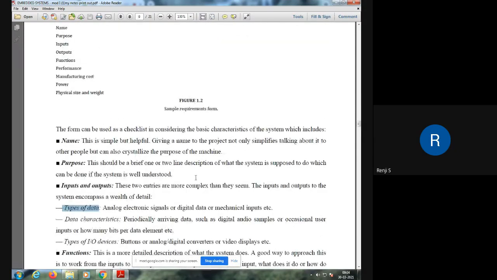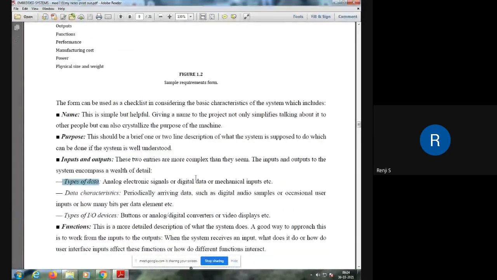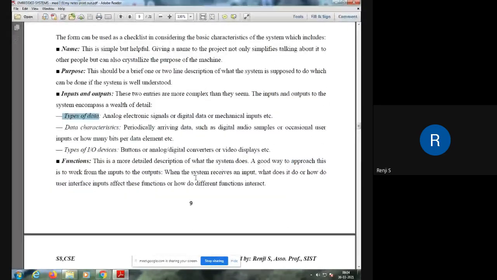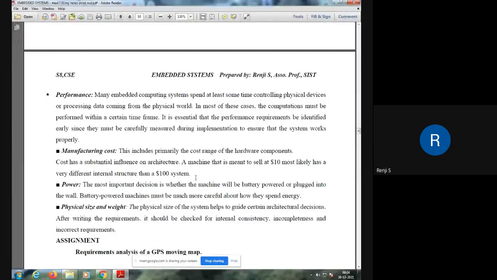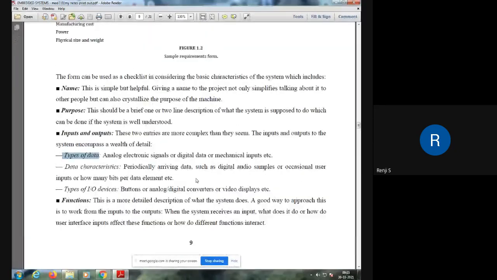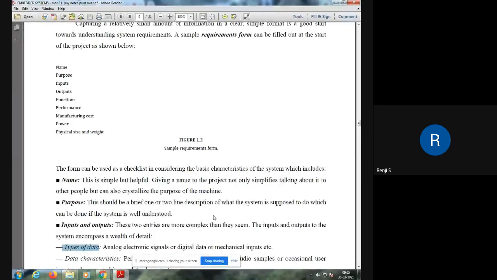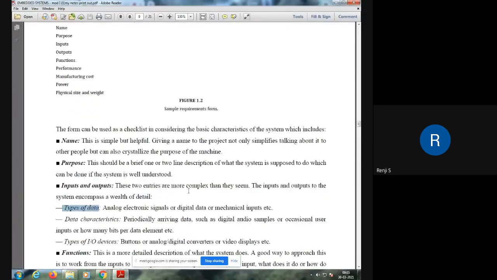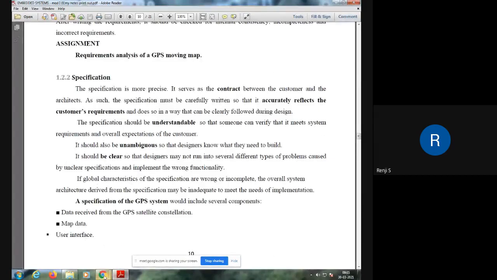This is the sample requirements form where we document all these factors. And once this requirements form has been completed, it should be checked for incompleteness, inconsistencies, etc. And all these incompleteness, inconsistencies, ambiguities, etc. should be eliminated once it is completed. And once all ambiguities, inconsistencies, incompleteness, etc. have been removed, then this requirements form becomes a final document that can be passed to the next phase. So that is the first phase.